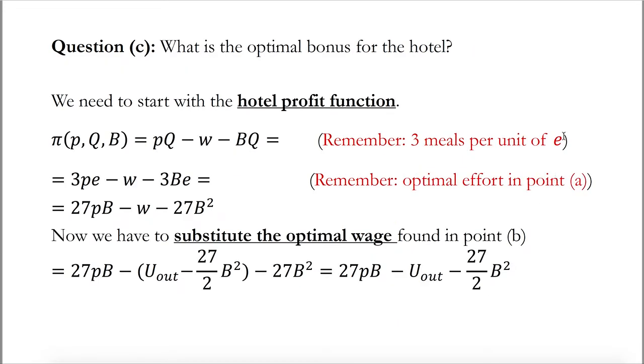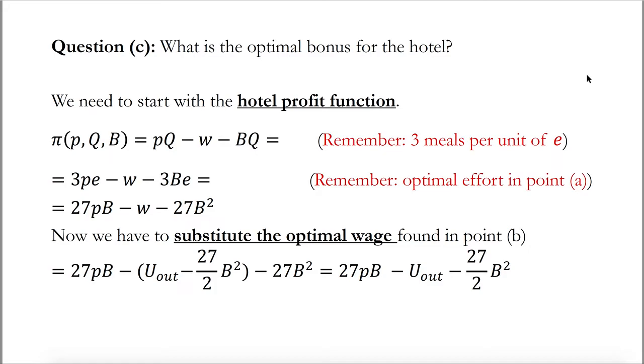Let's now move to point C. So now we know what is the optimal wage that should be offered to Sharon in order to make her change job. Now the question is, what is the optimal bonus for the hotel to convince her? So in this case, we need to start with the hotel profit function. Obviously the hotel is interested in making profit, so we have now to consider what is the hotel profit function